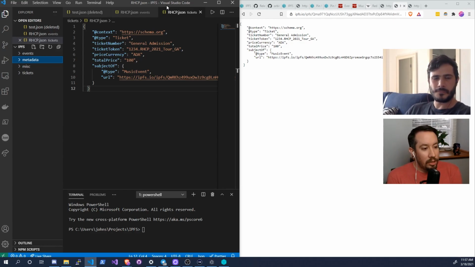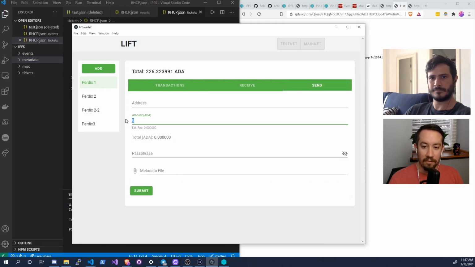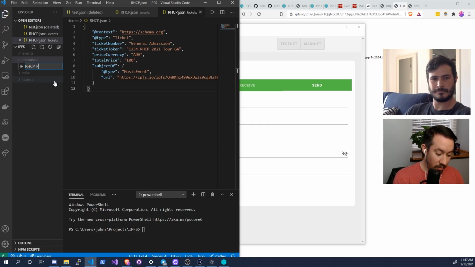So now this is where it gets a little interesting. We need to make sure, and this is where we could definitely go a little bit further with this if it was easy to do. Because I'm thinking, okay, this is when you incorporate your elliptic curve identity, right? So I'm able to sign a metadata transaction, but the thing is, how do you prove it? And I think this is where it gets really specific, because now I can come in here and fill out, let's say my 100 ADA, real quick. I'm just gonna make something that's not valid, but let's say my Red Hot Chili Peppers purchase,